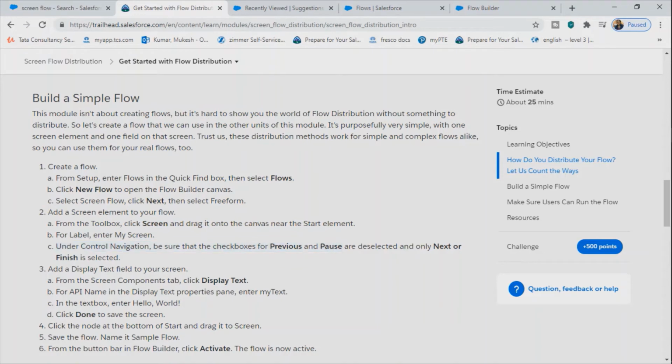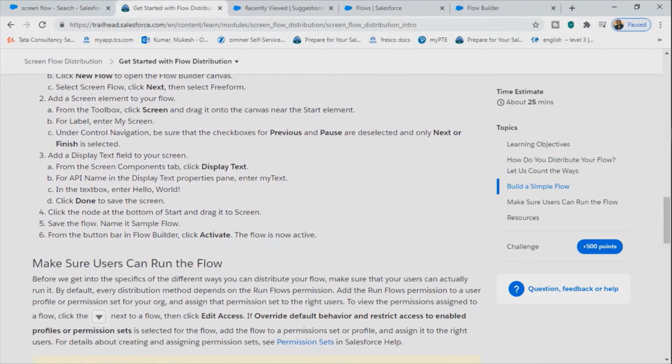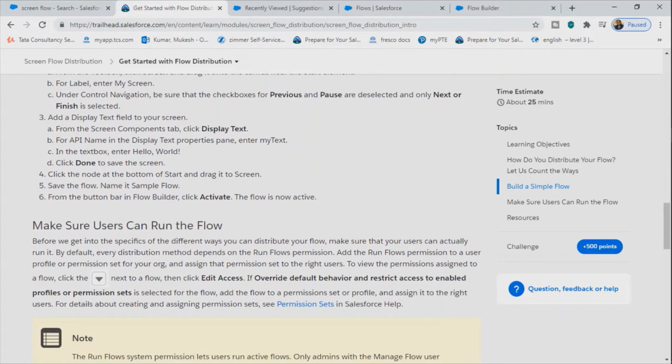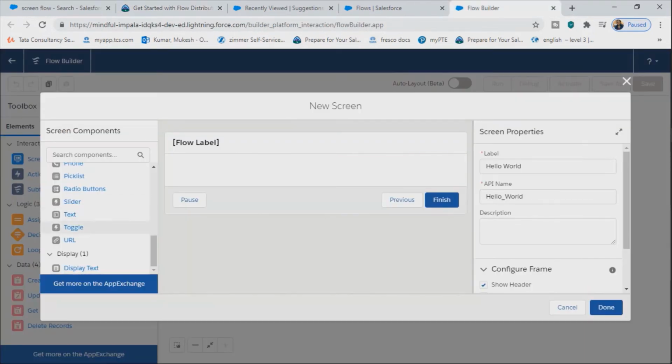Just drag and drop it in the window. Select the screen and drop it. So here it is, the new screen. Now see the flow label, so give the name. The flow label is a header. What I'm planning is to give the same name, hello world, to the header as well as to the field. So here I will put flow, see, and this is